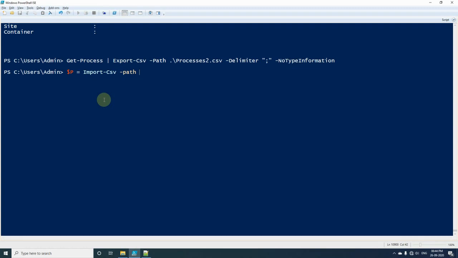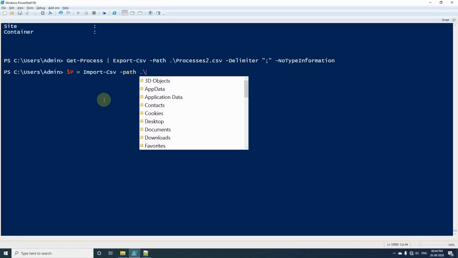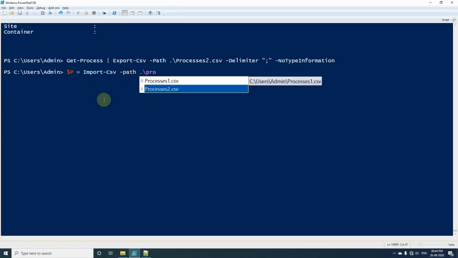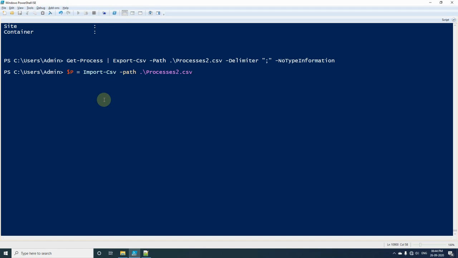In path we will use ./processes2.csv, and here in delimiter we will use semicolon. After I execute, it got imported.